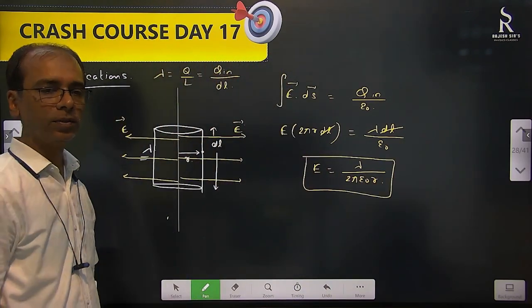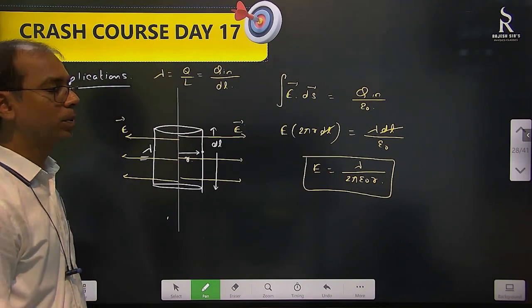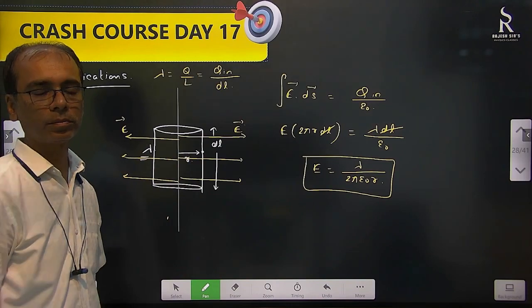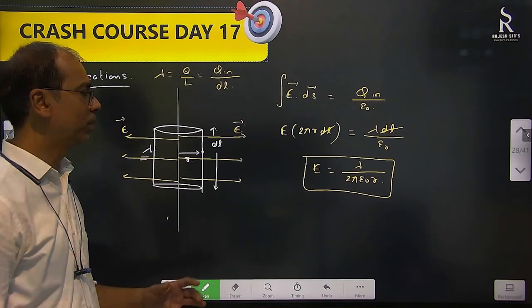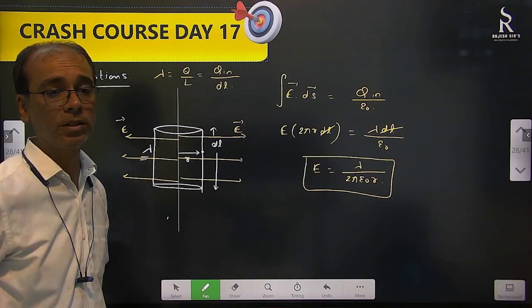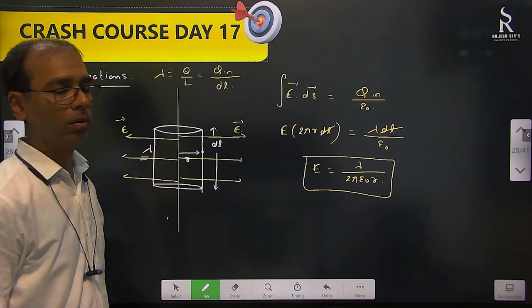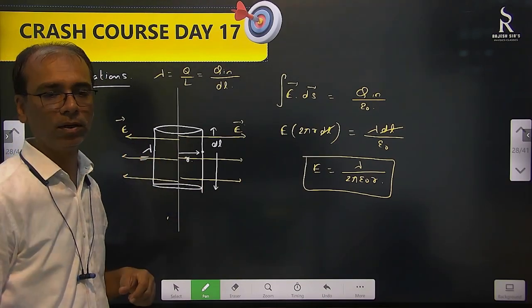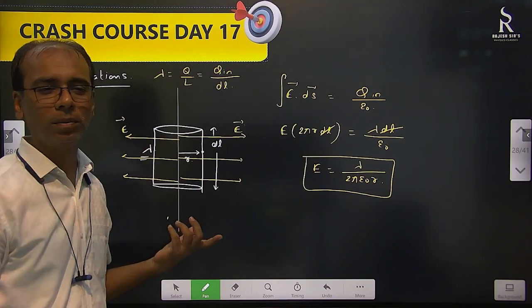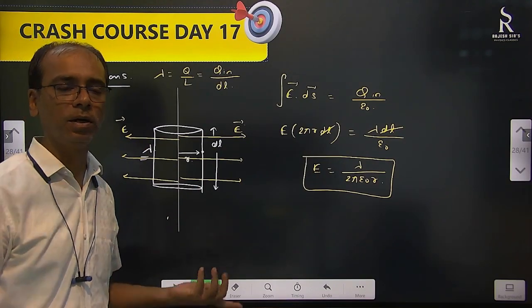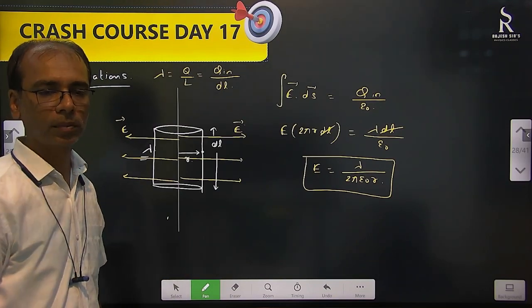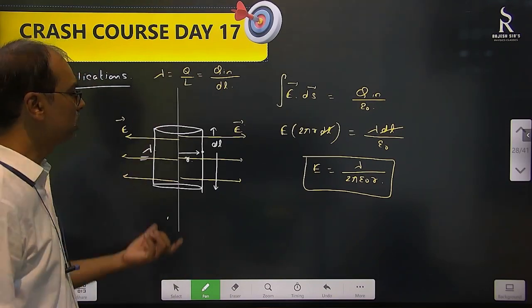You have to remember this. Certain times they will ask you a question on this one. One electron is orbiting around it. They will give you certain information. Then they ask you, what is the radius of the orbit of the electron, or what is the electric field value? Anything they can ask. The time period of that electron may be given, giving the information regarding that. Okay, so this is here.